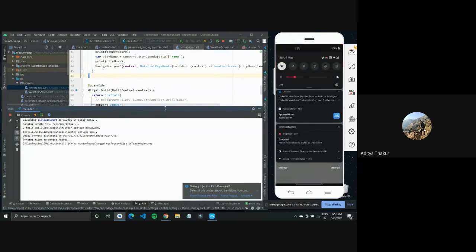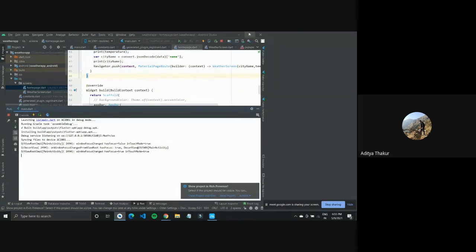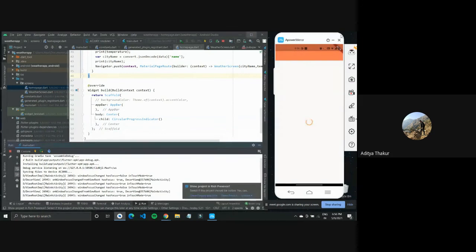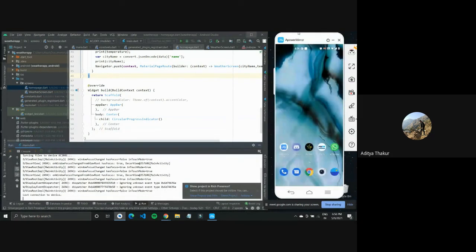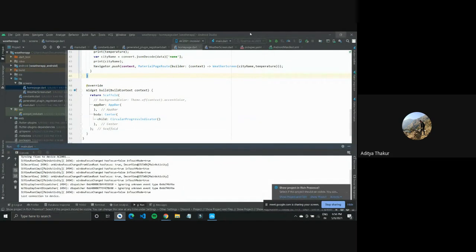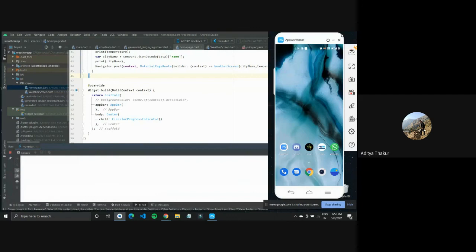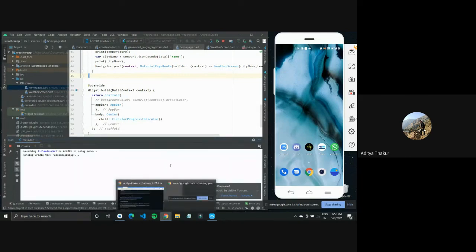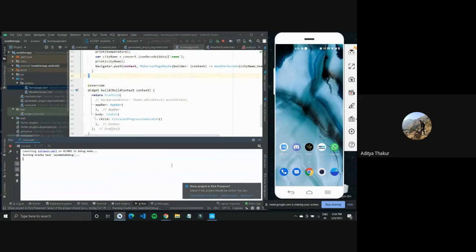Could it be due to permissions? I have uninstalled this because we didn't have any checks for permission as well.